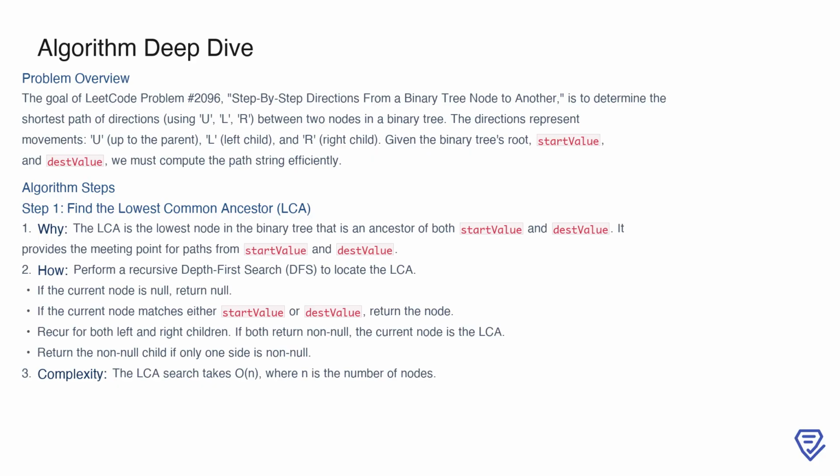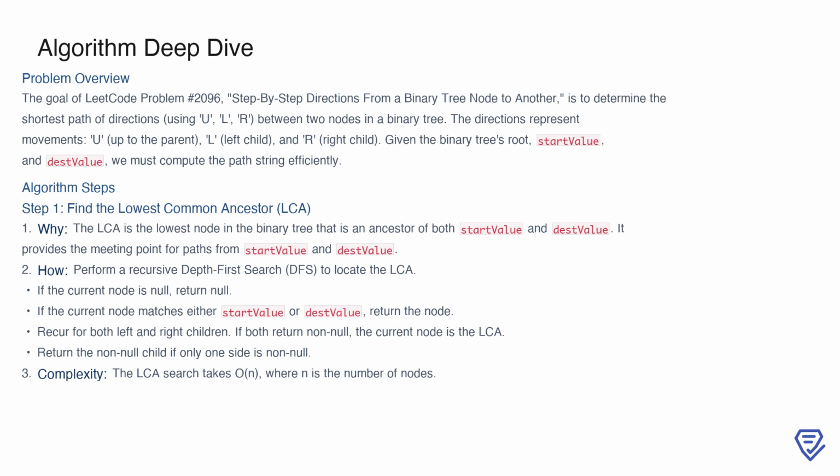To locate the LCA, we use a recursive depth-first search, or DFS, which explores the tree systematically. If the current node is null, we return null. If the current node matches either the starting or destination value, we return the node itself. Then, by recursing on both the left and right subtrees, we identify whether the LCA lies in either path. If both sides return non-null results, the current node is the LCA. Otherwise, the search continues, returning the non-null child if only one side contains the node. This process ensures we can locate the LCA in O(n) time, where n is the number of nodes in the